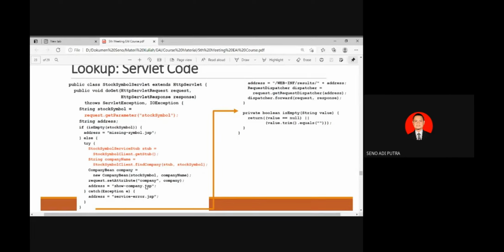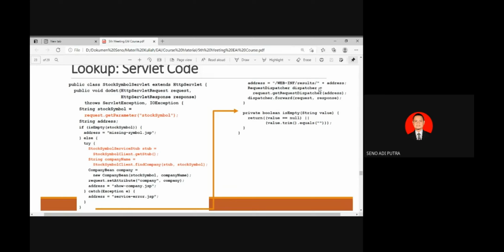Where does show company.jsp reside? It resides in the web content of your dynamic web project, so you can create show company.jsp in that folder. If something goes wrong or there is an error, it dispatches or forwards to the client server error.jsp. And then the address of the result: you create the directory result in the WEB-INF, plus the address here.